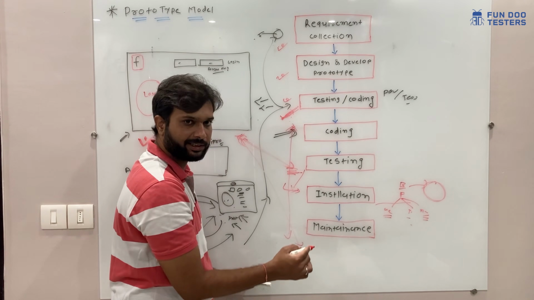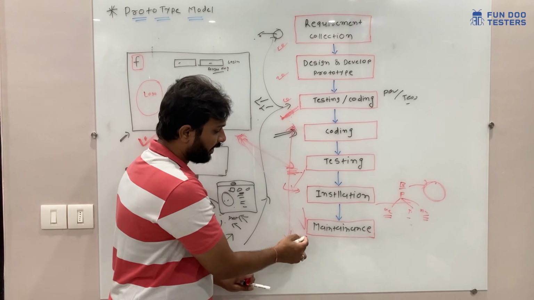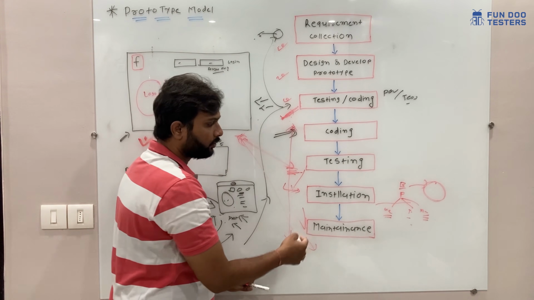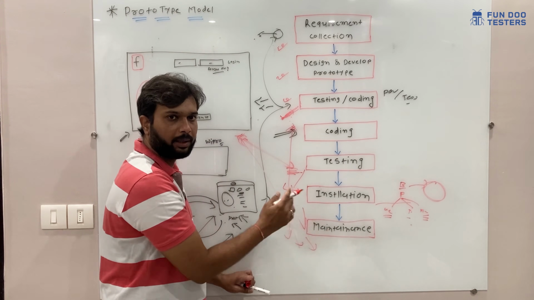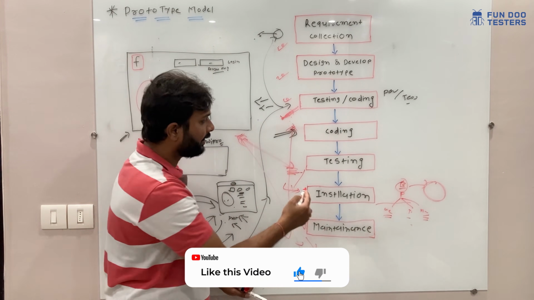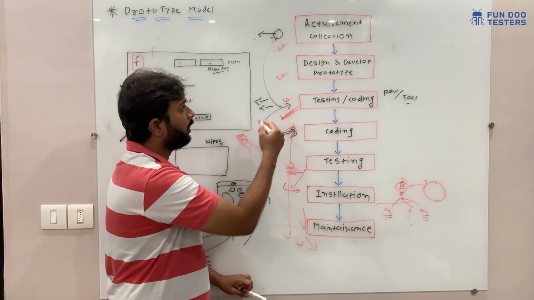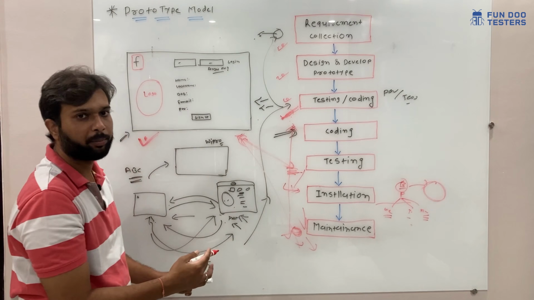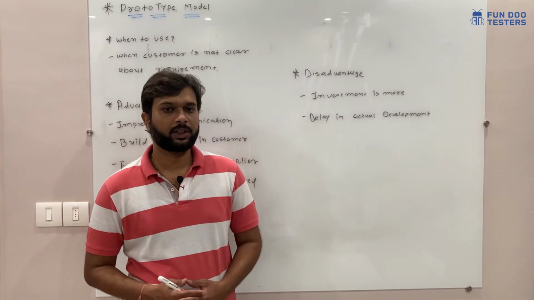Once the installation phase is ready, they will release the product, and later on maintenance will take place. In maintenance, if they want to make some changes, they keep monitoring the back end or front end for any issues or bugs. In the later phase they only have to do the enhancement. This is done in the maintenance phase. So this is how the end-to-end prototype model works. Now we have understood the prototype model.